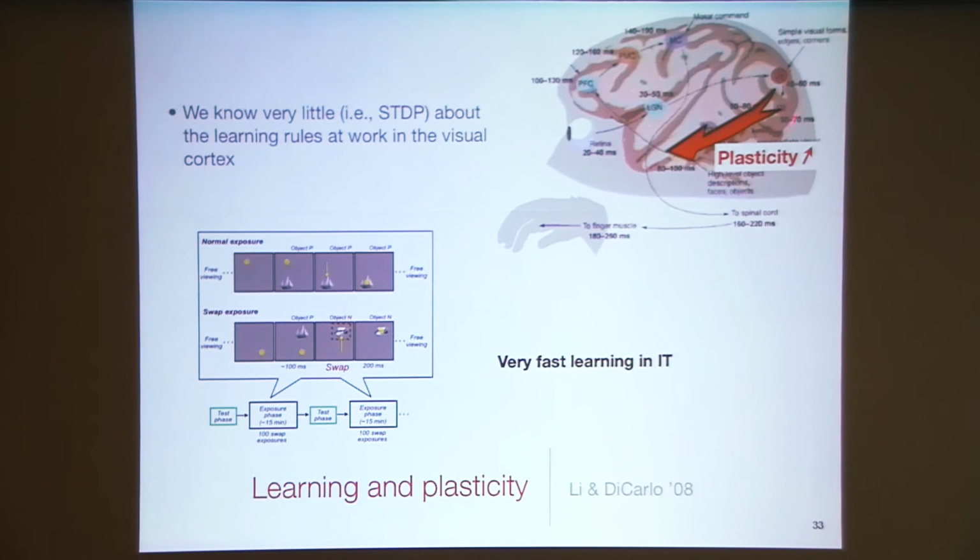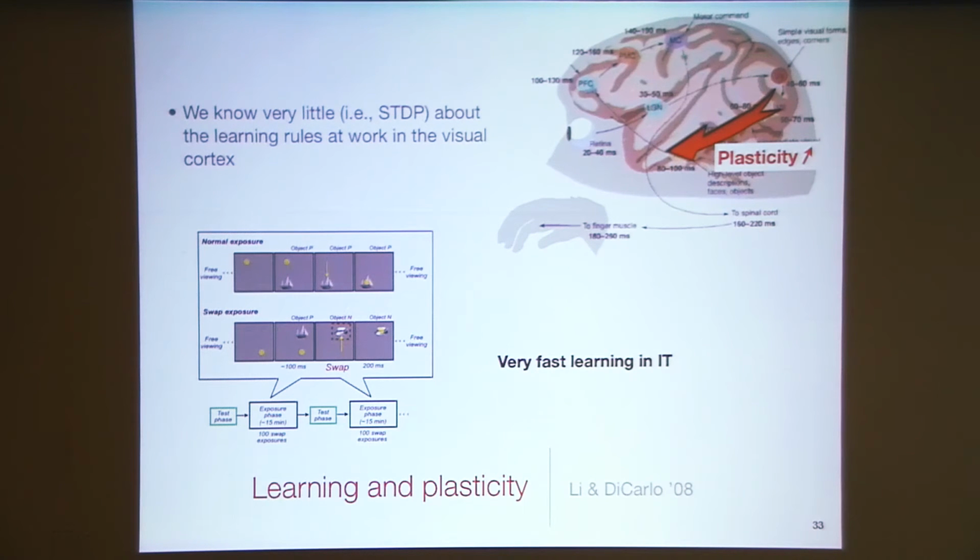However, at a coarse level, I think it's fair to say that learning and plasticity follow nicely from this hierarchy. In particular, they follow nicely from criteria of stability. If you look at evidence for learning and plasticity in the primary visual cortex, it's typically very, very difficult for experimentalists to elicit, and there is debate about the extent to which there is actual learning and plasticity. If you look at intermediate stages, it's a little bit easier and there is a little bit more evidence. By the time you reach higher-level visual areas such as IT or prefrontal areas, there's actually quite good evidence for very fast learning and plasticity in those areas.